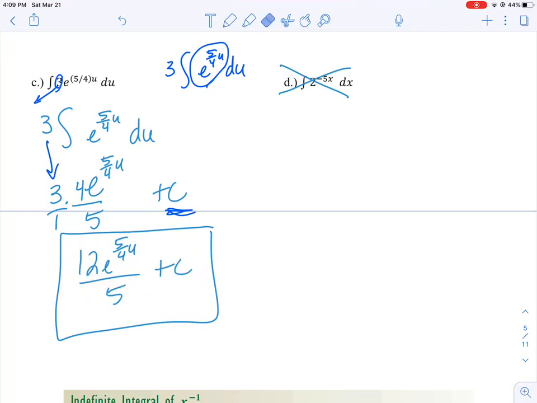I'm going to make it look a little bit nicer by bringing everybody together. So I have really 12 e to the 5/4 u over 5 plus c. Okay? All right, practice some of your exponential antiderivatives, and then we'll do